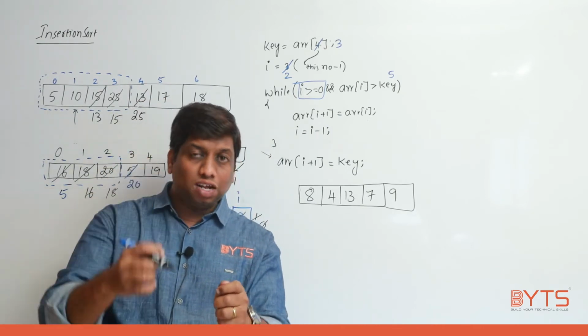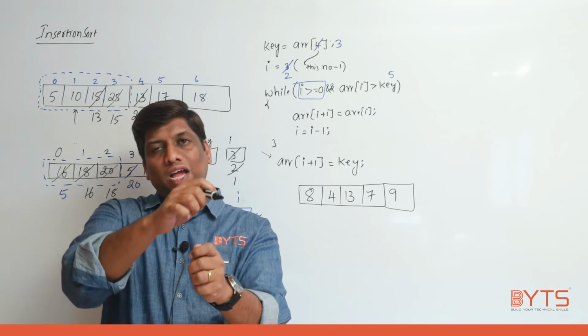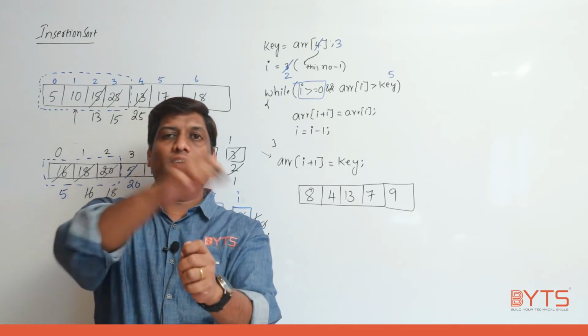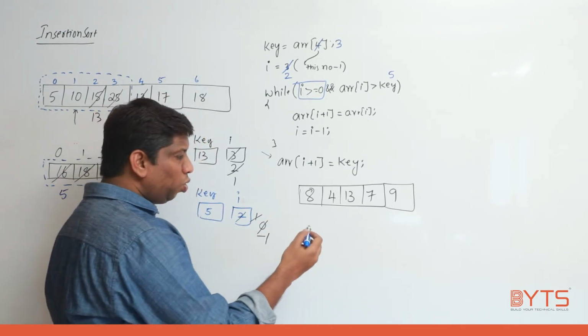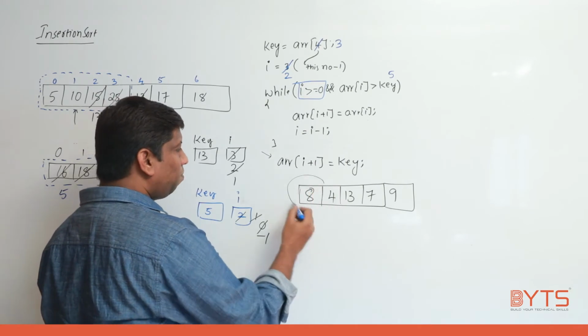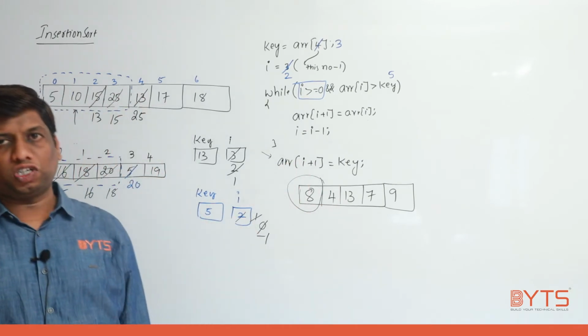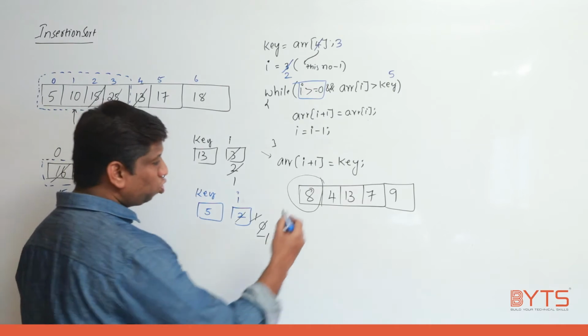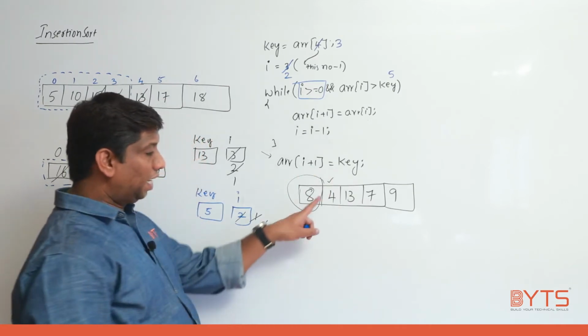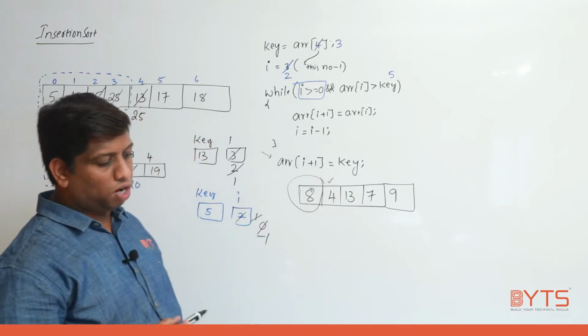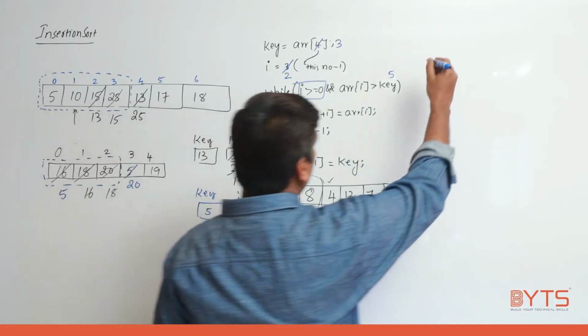When you take the second card, then only you are having two possibilities. Either I can place it left of this or right of this, right? So whenever you are doing insertion sort, the first number is always in the correct position. So I need to start from which location? The next location. I mean, it's the second location I need to start. So that is the reason what I need to do here.